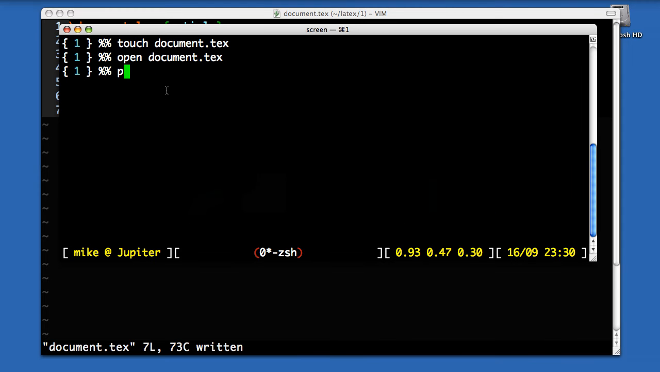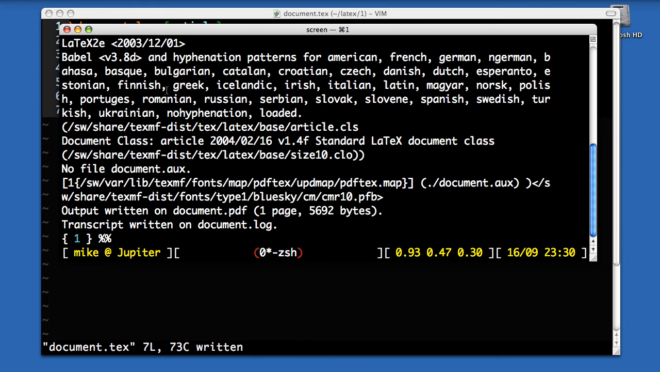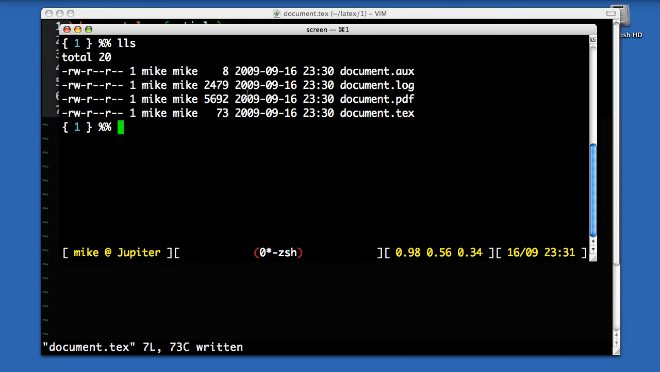Now to build that document, I'm going to use PDF LaTeX, which builds the document into a PDF. So that's the output. And if you see now, I had the original document. I had these two files generated by LaTeX, and this is what I'm interested in, the PDF output. So if I open that,